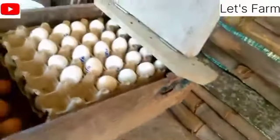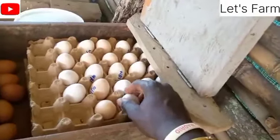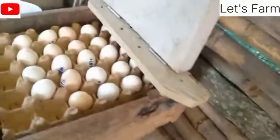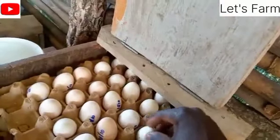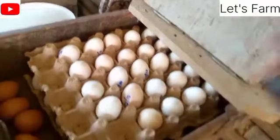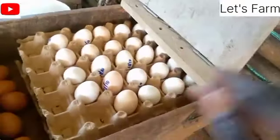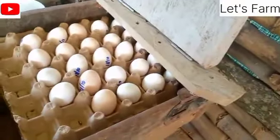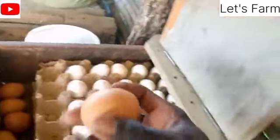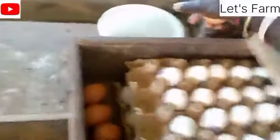At some point, we could have used our own eggs over here, whereby I can take them home and boil them and then bring them here. But I found out that we would be wasting a lot of eggs, because these are all chicks. What we are counting is chicks. If we take 10 eggs and boil them, that means we have lost 10 chicks as well. That's why I've found these ones over here, and these are the eggs that we are going to be using. Let's try to put them